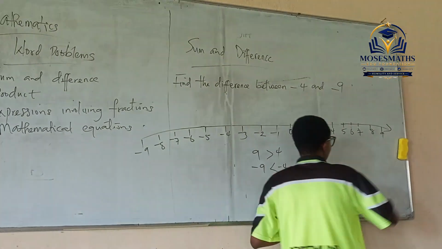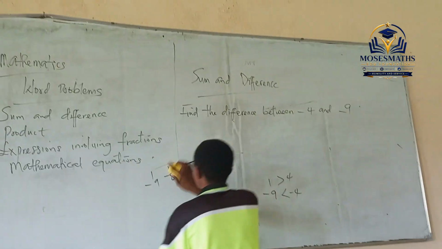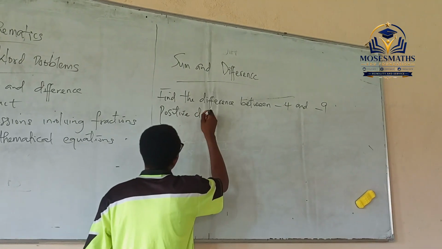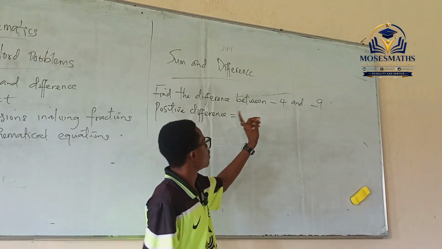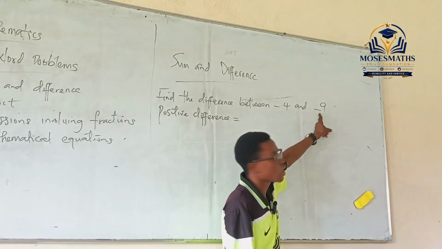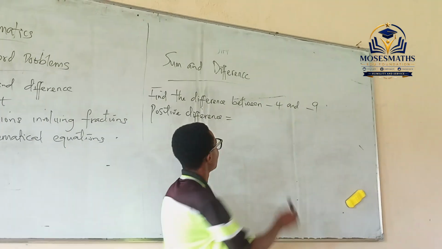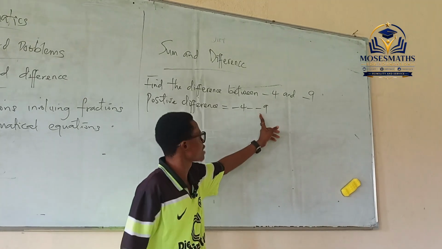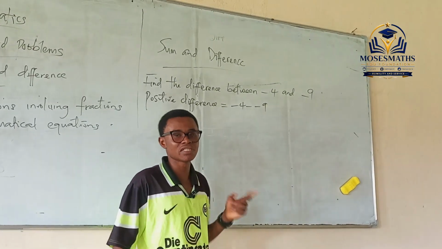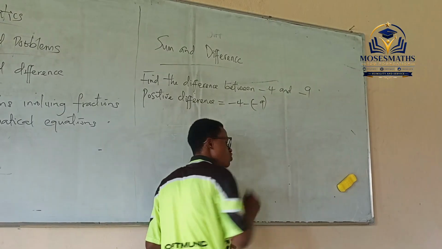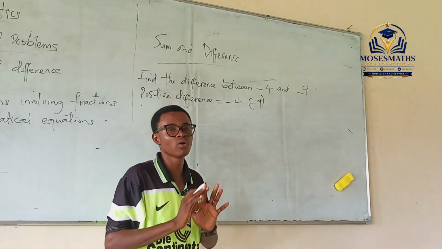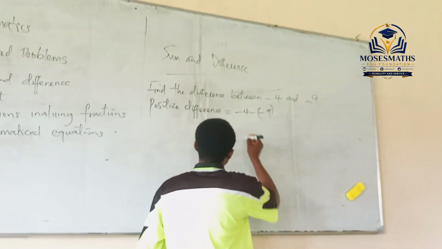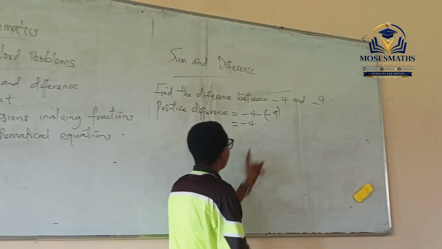So now, let's do it. Get the positive difference: subtract the smaller one from the bigger one. We're going to have minus 4 minus 9. But since this minus 9 is a single number, I will put it in the bracket to indicate that it is actually a single number. I can remove it, it doesn't change anything. We're going to have equals to minus 4